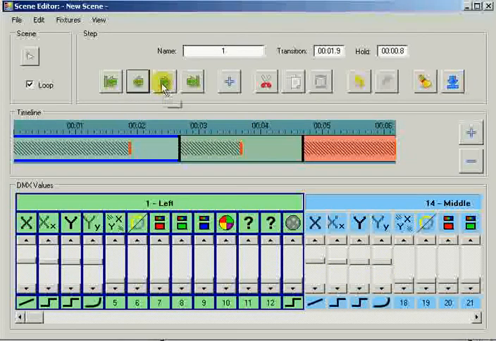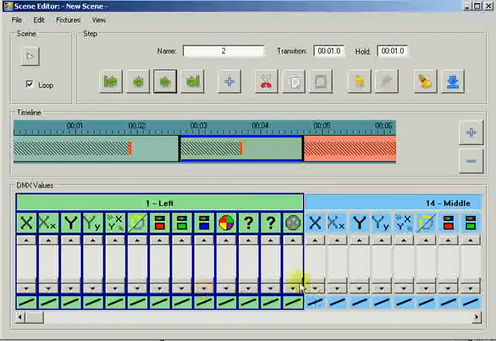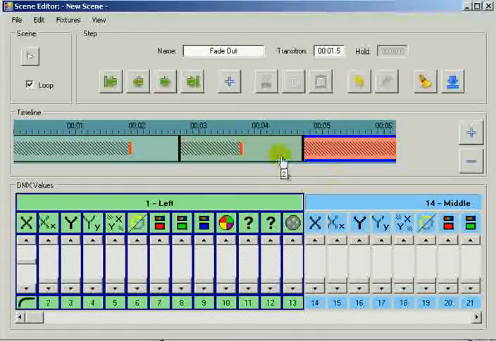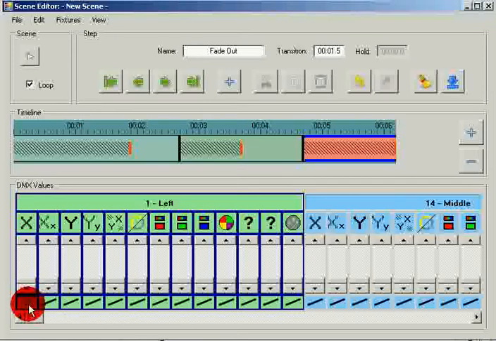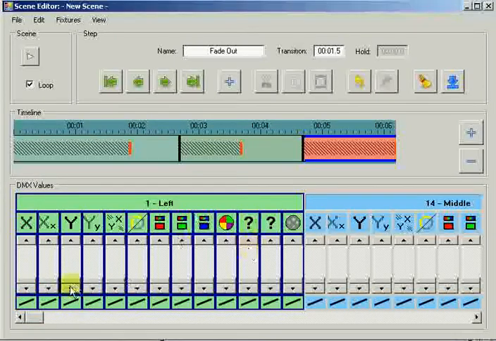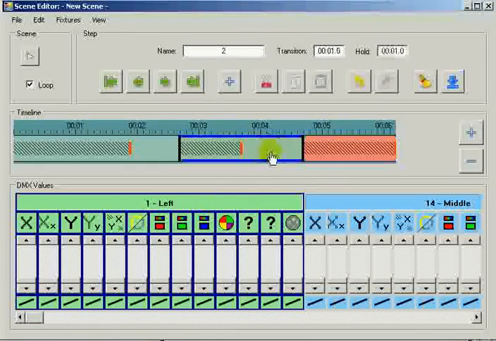Also, let's add some simple transitions here to the fade scene. I prefer to start with all sliders down, and generally you would actually have some values in the second scene so that the fade actually happens. Now that we have at least the starting of a demo scene,